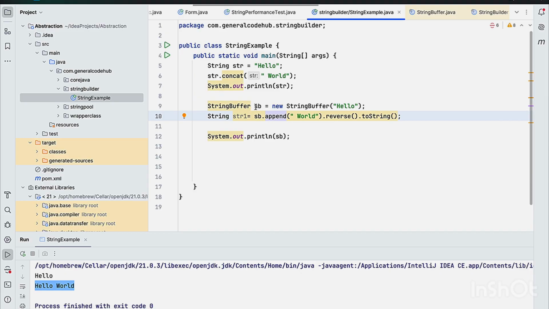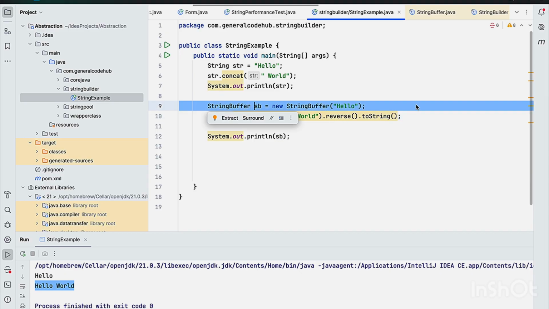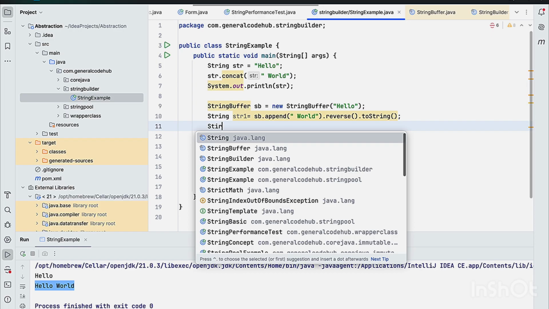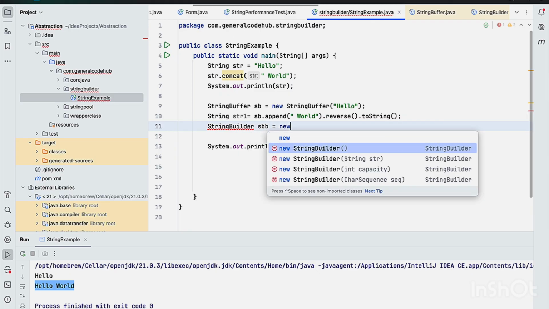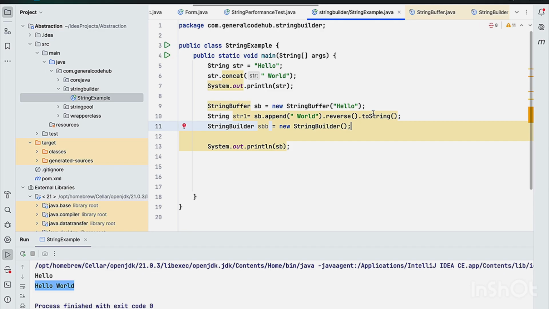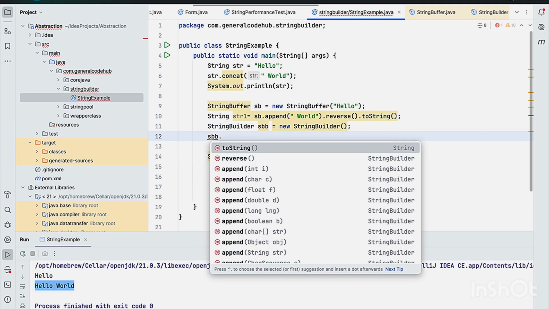But in the case of StringBuilder, when I try to use this method inside,